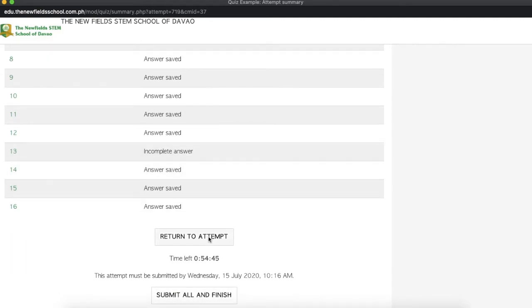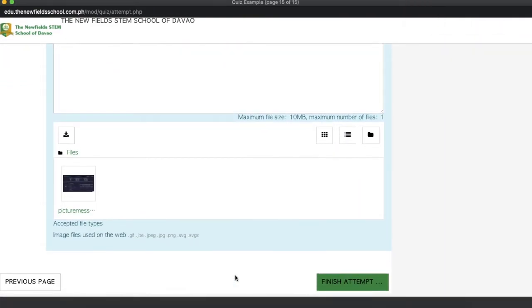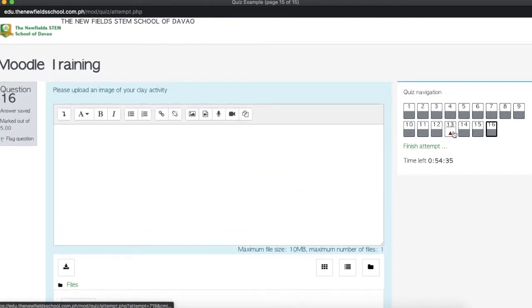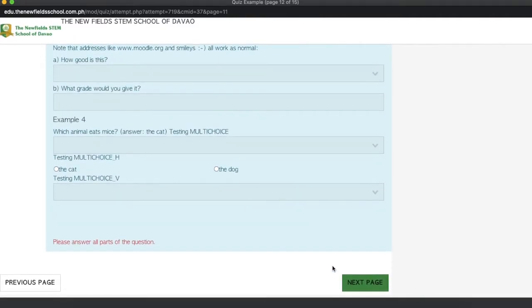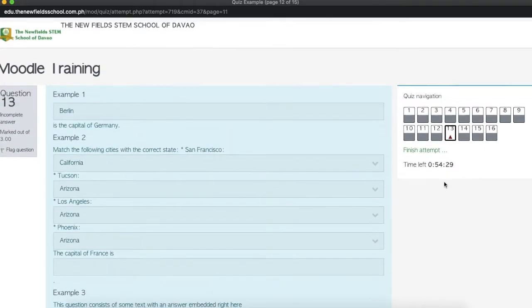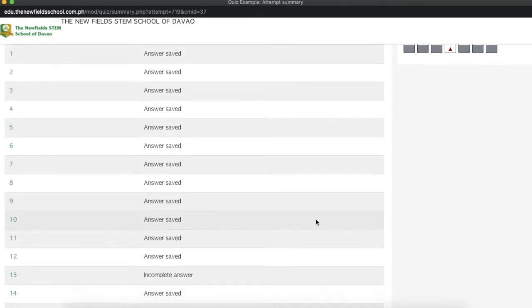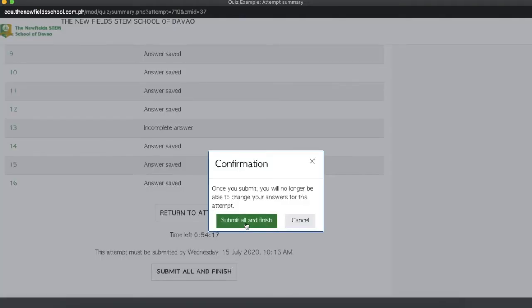We do have the option to return to the attempt, but sometimes, we really don't know the answers. So we can just click on finish attempt. We decide na hindi ko nabalikan, I will submit everything na. When I click submit all and finish,